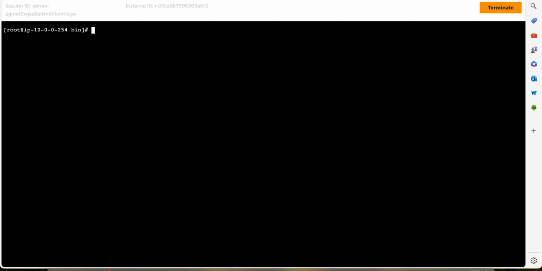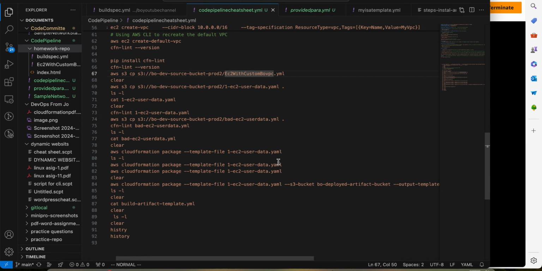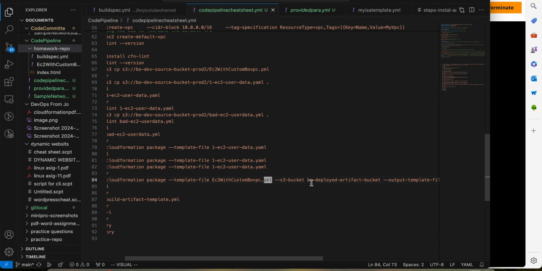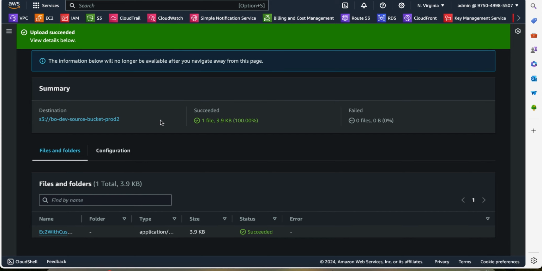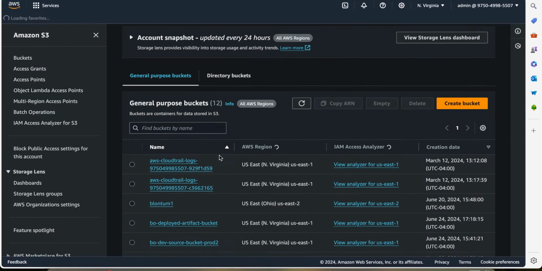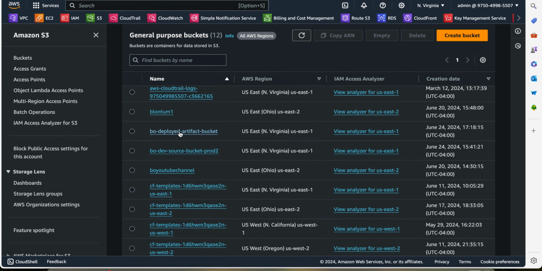and once I am sure that everything is there, the next thing that I will have to do here, basically there's no need of going to one step, but simply what I can do here is modify this. All right, and then put the right template and the S3 bucket, board deploy artifact. So there is a bucket that I have here called board deploy artifact bucket. It's a bucket that I already created. Let me go to S3 bucket, and I will show you what I'm talking about. Oh, I'm already there. So if you come here, this is board deploy